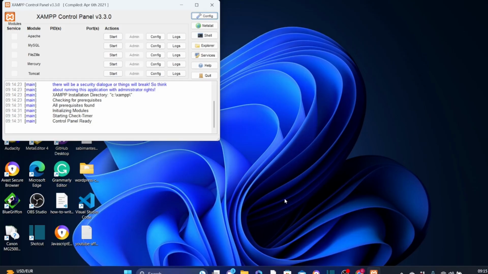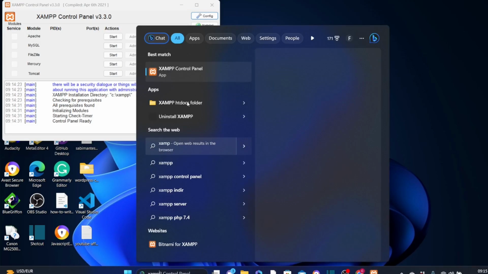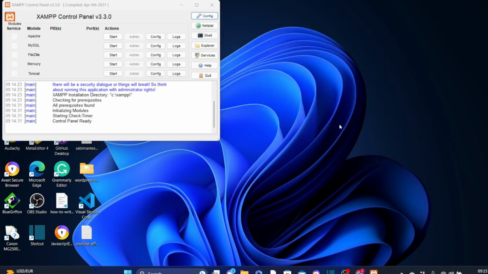But if it doesn't come up, or maybe tomorrow you want to make use of it, you just come to your search bar and search for Xampp. Then you will see the control panel here. Just launch it open, okay? So that's it, okay? Now that the control panel is open and we have finished installing our Xampp,